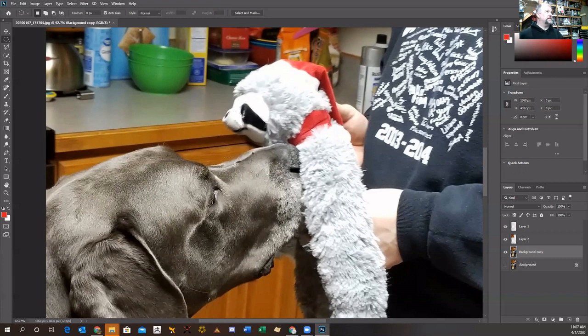Control D deselects. So Control D is going to be our good friend while we're doing this. Next in our selection tools, we're going to come down here. Again, if you hover over them, it'll tell you what they are. These are our lasso tools. By default, the lasso tool looks like this guy, and it's a pretty free-form tool. And since we're not using tablets, we're using mouse and keyboards, it lets me take a selection